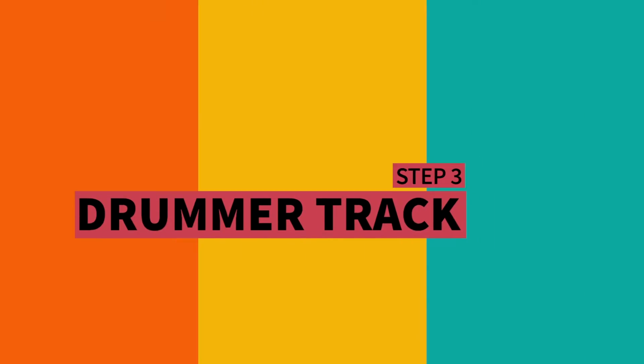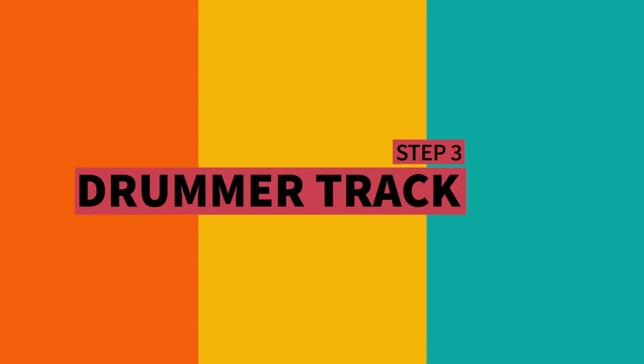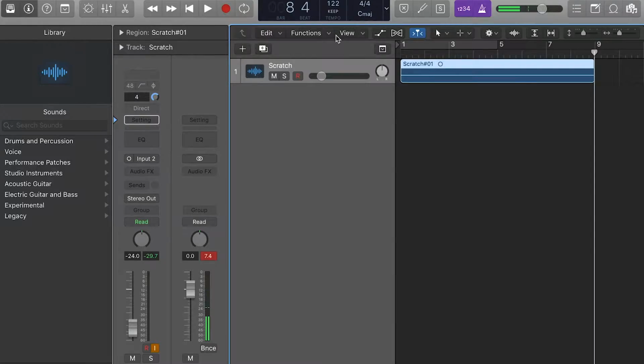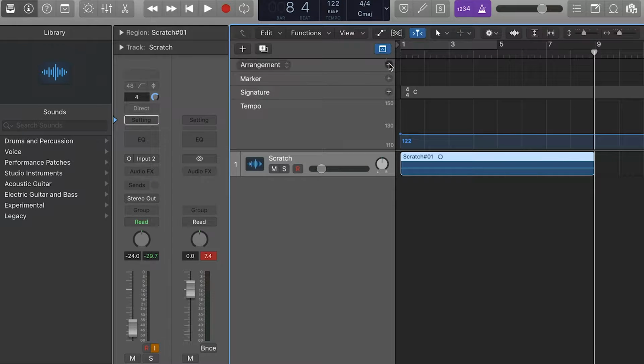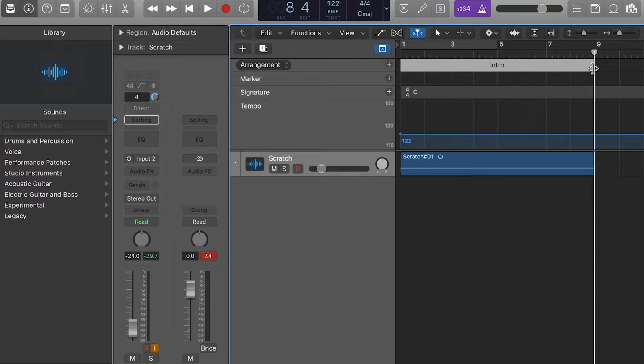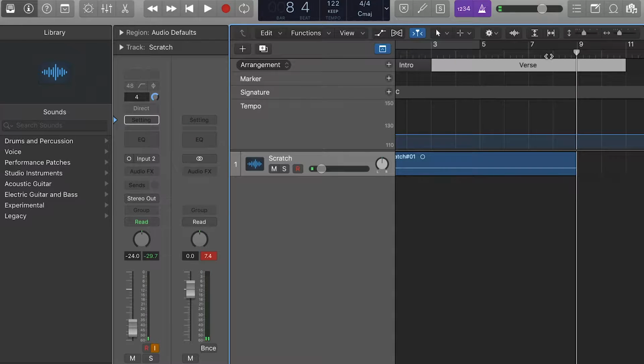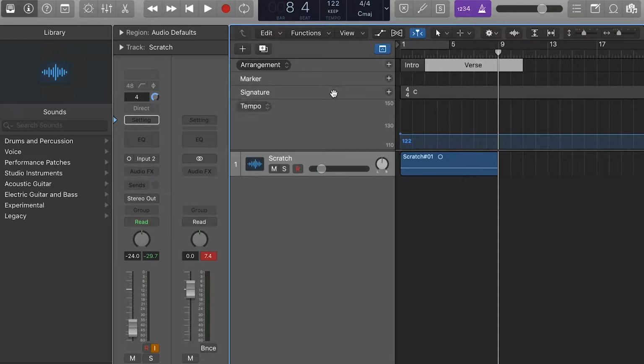After you've done that, step number 3 would be to add a drummer track in your Logic session. Before I add a drummer track, usually what I'll do is use the arrangement markers in the timeline of my Logic edit window to add where the sections are in my song. So just click the plus button next to the arrangement markers and you can add an intro that Logic usually defaults to 8 bars. So if your intro is 4 bars, just drag it to 4 bars